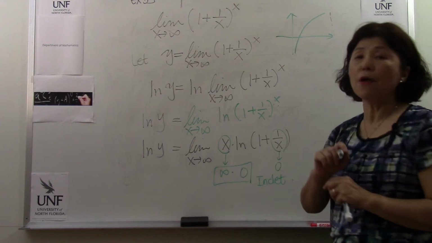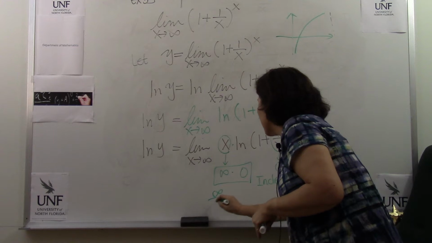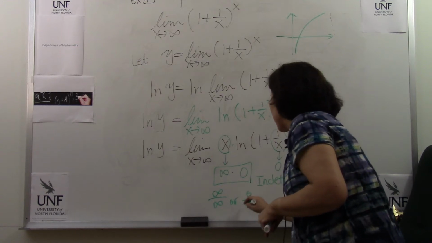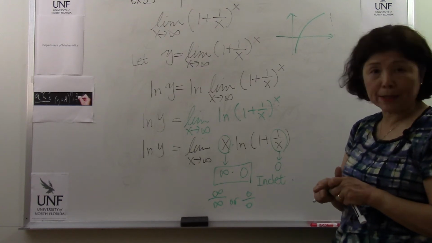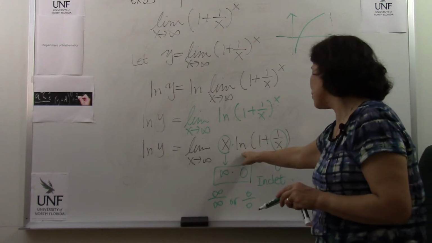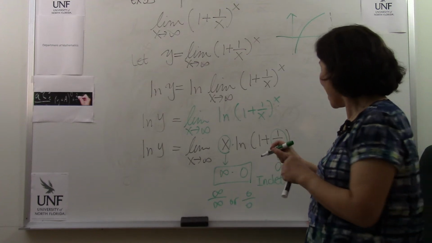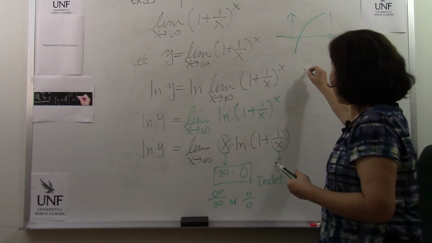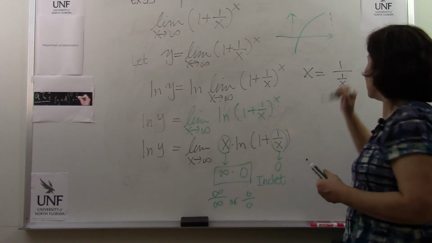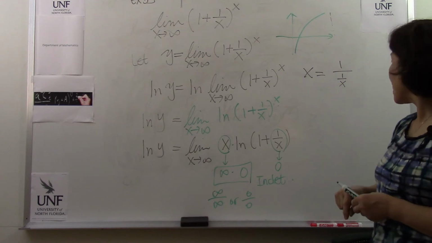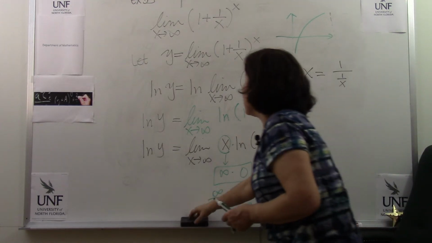And what are we going to do? We are going to switch to one of those infinity over infinity cases or 0 over 0 cases. So what is good to manipulate over here? Once you have a natural log, it is very difficult to manipulate to other forms. On the other hand, what about x? x can be written as 1 over 1 over x. Isn't that true? x is the same as 1 over 1 over x. Therefore, we are going to switch this one to